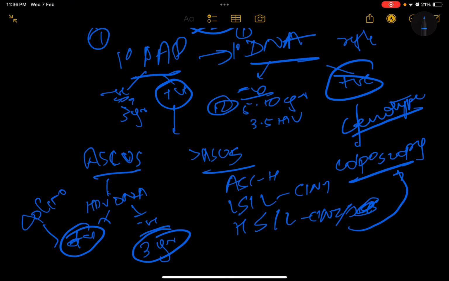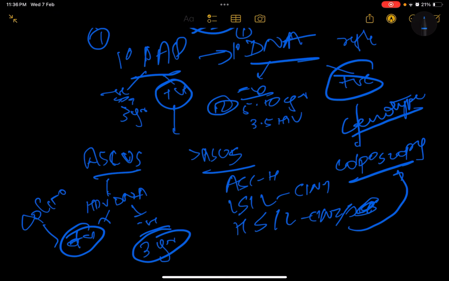Once that is done, we need to speak a little bit about VIA. VIA is as simple as, it's literally the same as colposcopy. And once all of this is done, you can go for something called an endocervical curettage, sometimes when the